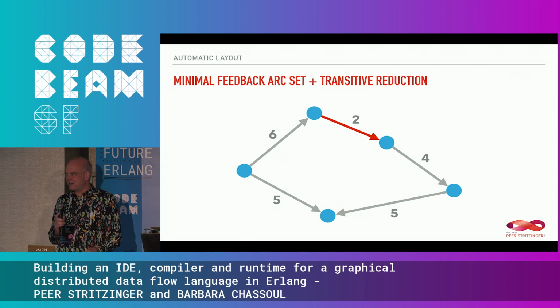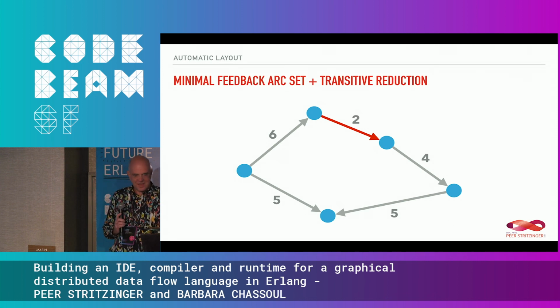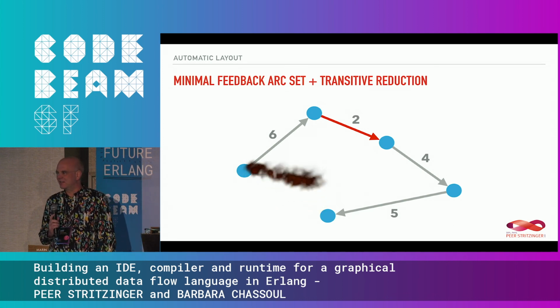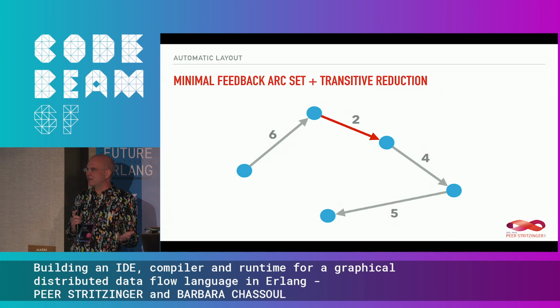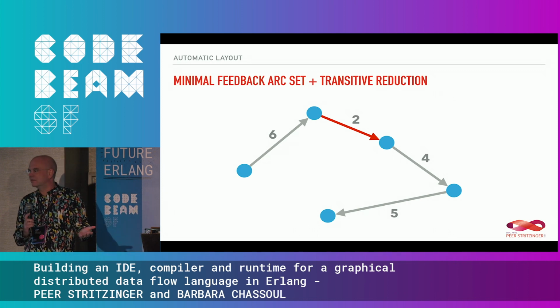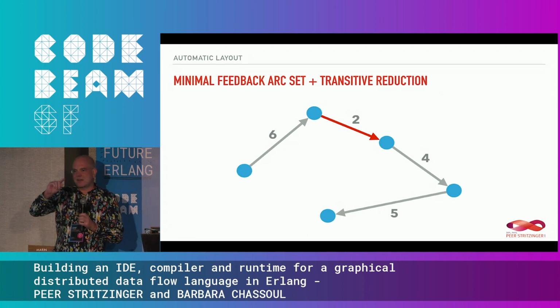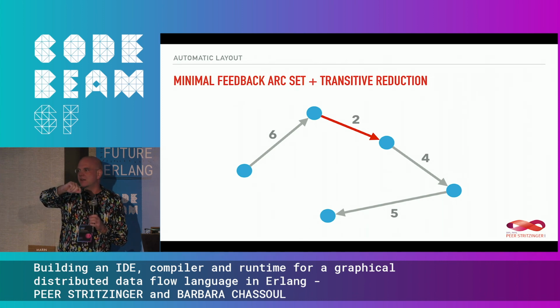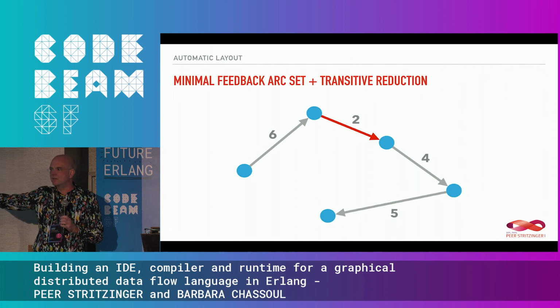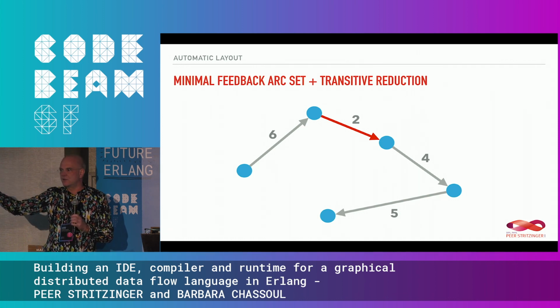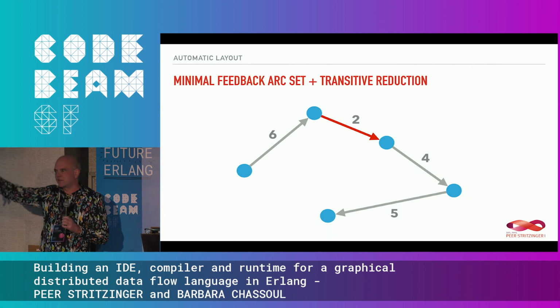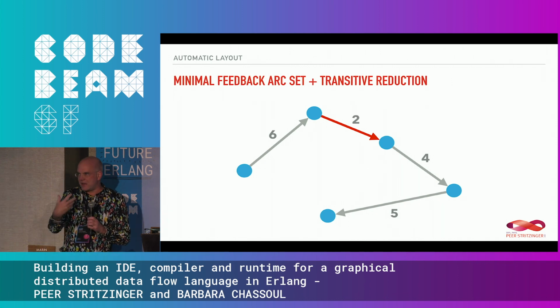Are we done already? No? I see shaking heads. Yeah, because 5 is totally superfluous now. And now suddenly we have a very simple structure. We actually know the order already. So from left to right, because what we don't care about is when a layer has connected to another layer, that you want to have them behind each other. But if there's another connection to a further layer, you can't avoid jumping one layer. That's unavoidable. So you take away all these superfluous jumping things, and you are left with a much simpler